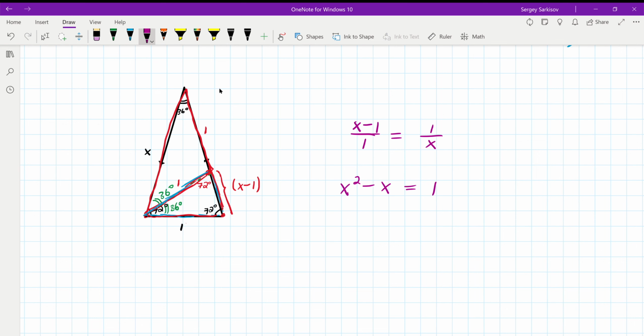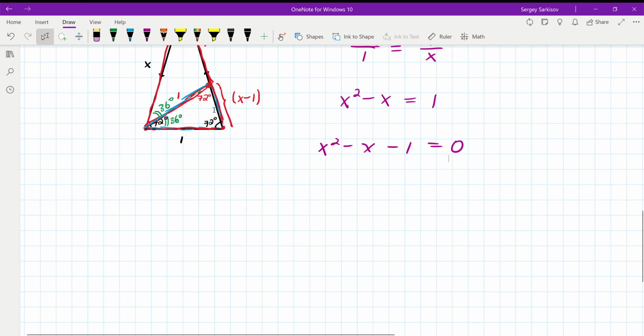There's no reason we should not be able to solve it after, for example, watching multiple videos of mine for solving quadratic equations, right? Anyway, so x squared minus x minus 1 is equal to 0. This is standard form. Of course, this is not factoring nicely. You can probably see that. So by the quadratic formula,